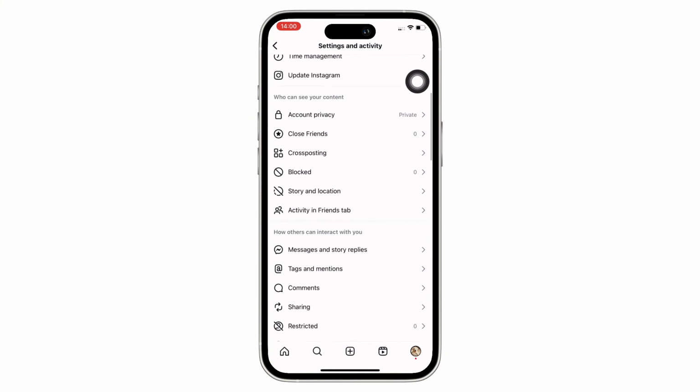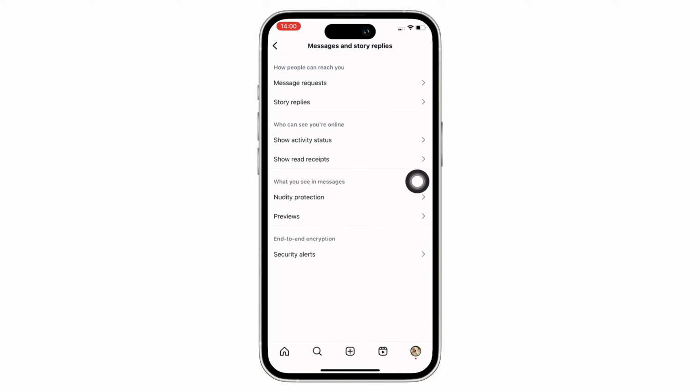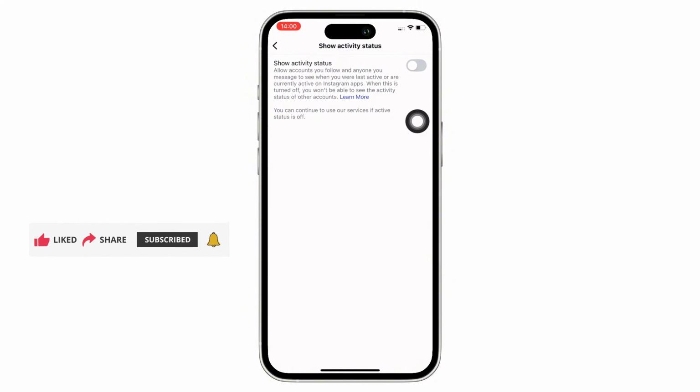Here, scroll down and under the How Others Can Interact with You tab, you will see the option for messages and story replies. Tap on that and then tap on the Show Activity option you see there. Now, the green dot basically is your activity status. So if you want to show your activity status, then toggle on the show activity status toggle button you see